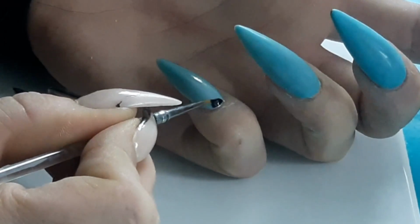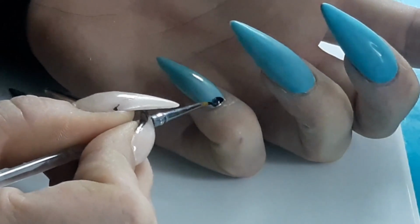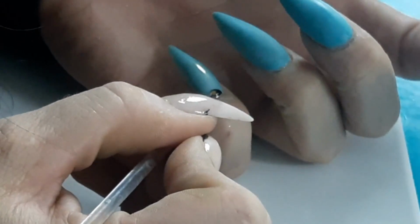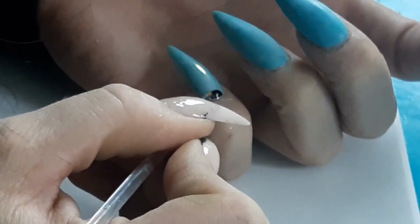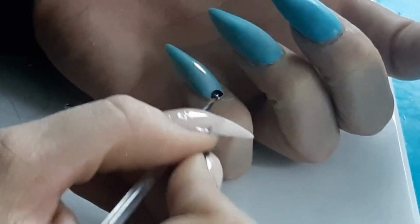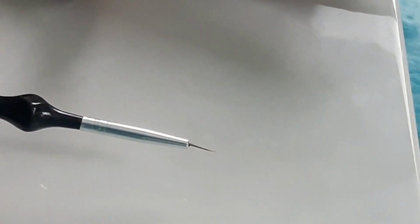And you really want to work as tight and clean as you can, and really do your best that it's even round. And I like to give this 5 seconds in the light, of course. So then we go in with the same brush, maybe? No, not with the same brush. Then we go in with a fine liner brush,